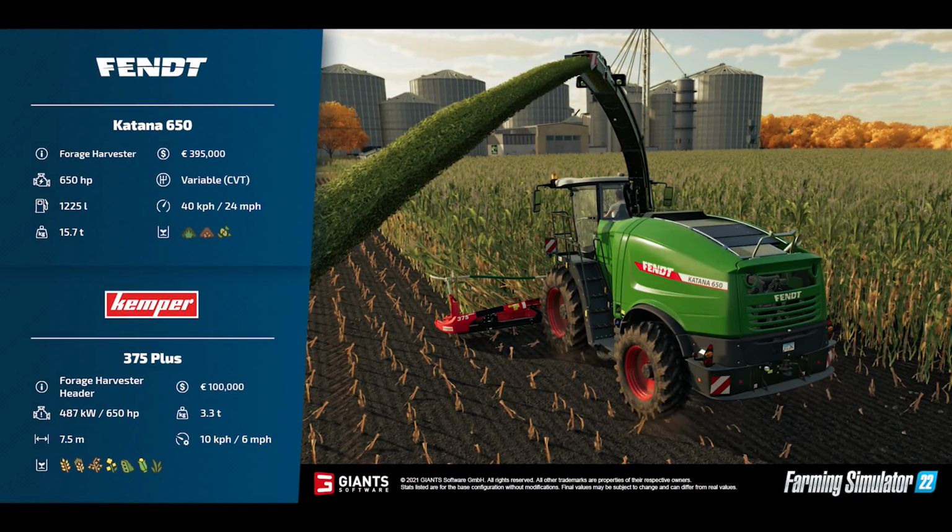Up first, we have the Fendt Katana 650 Forage Harvester. Now, we've seen this one earlier in one of the first image drops about Farm Sim 22. This harvester is new to the Farm Sim franchise and tips the scales at 15.7 tons, 650 horsepower, and a variable CVT transmission, 1,225 liter fuel capacity, and a top speed of 24 miles per hour. The fill types are interesting for this harvester in that it lists cut grass, wood chips, and chaff. The whole thing can be purchased for a shade under $400,000 at